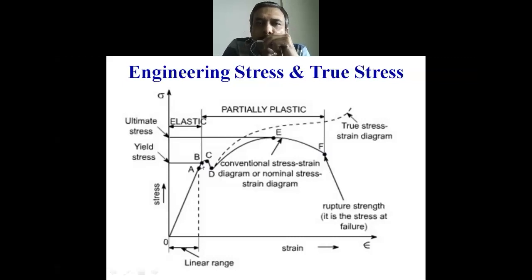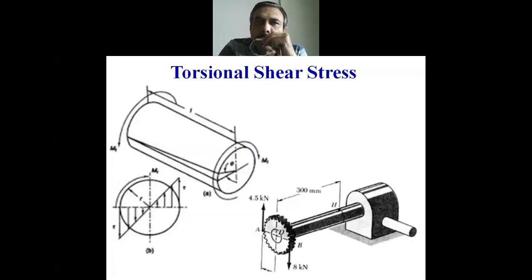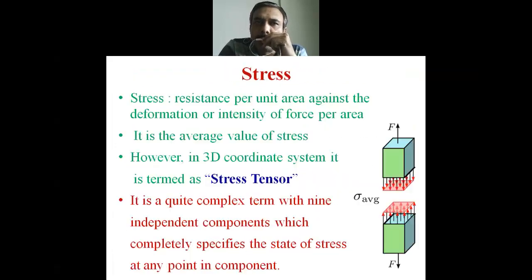When you come across different types of stresses, you will come to know at that time. But for the time being, you should remember that the first kind of failure is a yielding failure, and in that we ensure that the component doesn't go beyond point B. If you see the stress-strain diagram, beyond point B, we try to avoid loading the component. Whatever you design, it is up to point B. You take care that the component at its most critical load or worst loading point creates stresses which are within the acceptable limits of point B. Clear with this? Okay. I hope your doubt is clear with this.